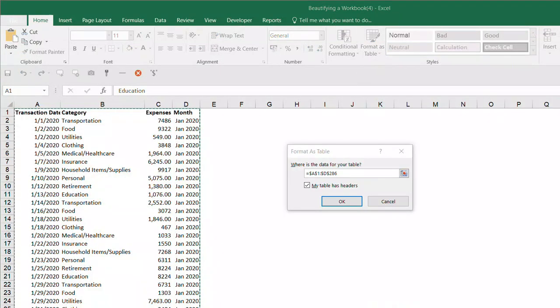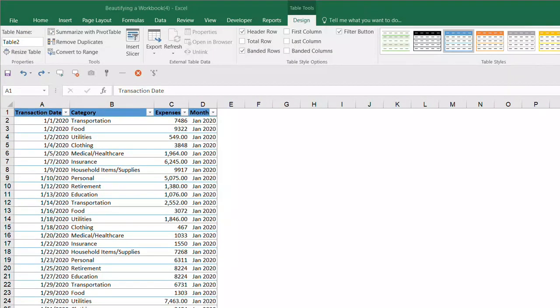Once you have clicked on any of the styles, Excel tries to confirm a couple of things. First, it is asking whether the data range Excel has suggested is correct or not. It is showing range A1 to D286, which is correct in our case, and our data has a header. So earlier we formatted our header as bold. That is why Excel is able to recognize that the first line is a header. That is the advantage of formatting the header differently than the rest of the data. So let us just click OK or press Enter. Now our data is converted into a beautiful Excel table.